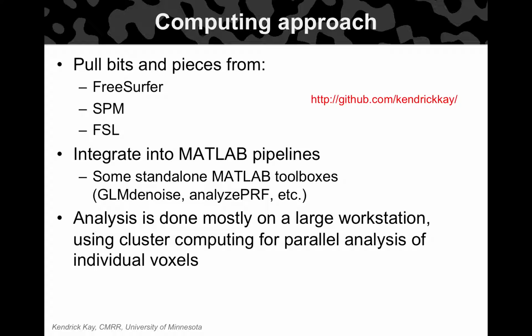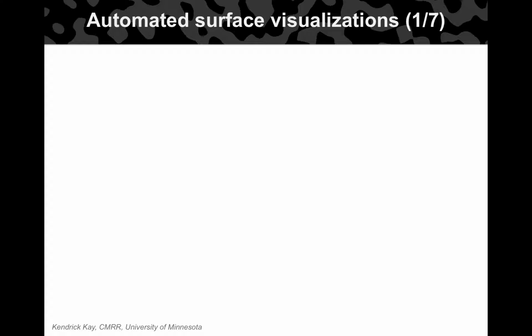These aren't specific project proposals, but more like here are various things that I've done, and any number of them could be extended, or we could talk about what might be useful to work on. So random topic 1 of 7, automated surface visualization. Cortical surface representations, I'm sure that's familiar to you. We're talking about fMRI data.